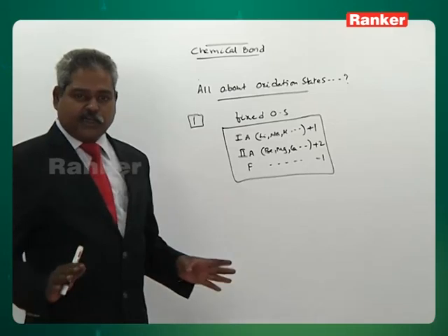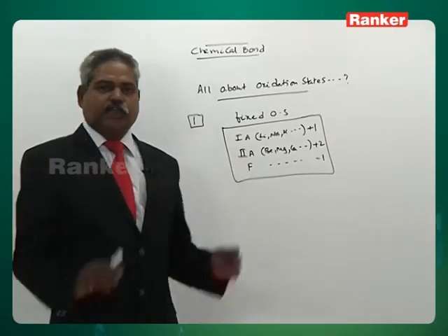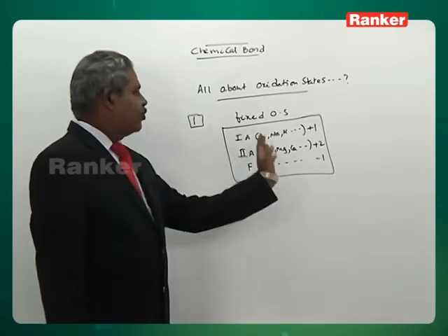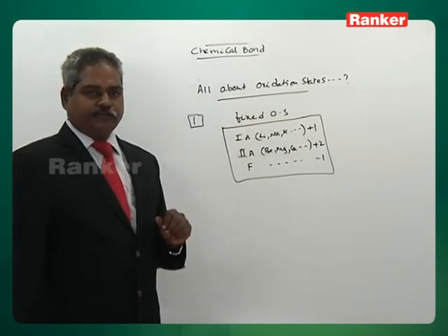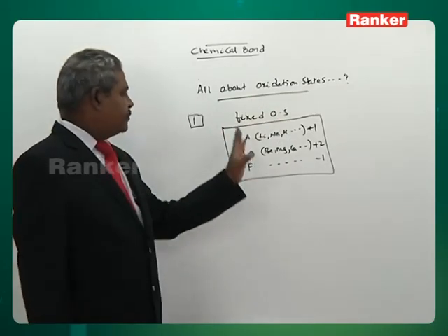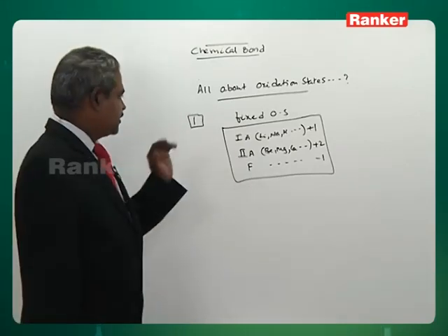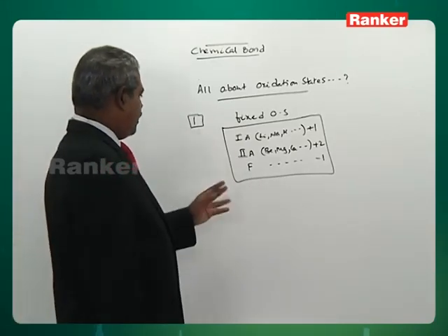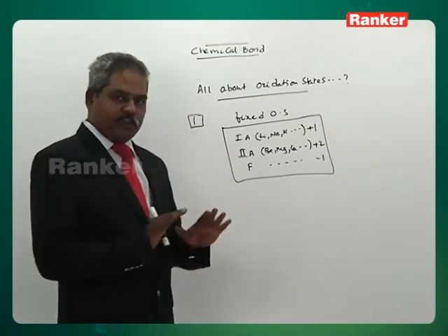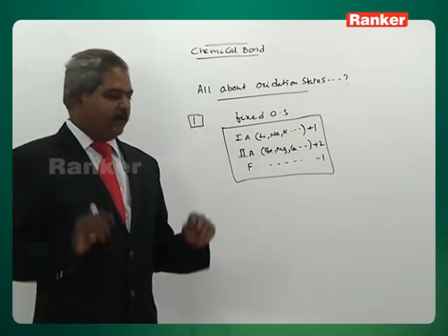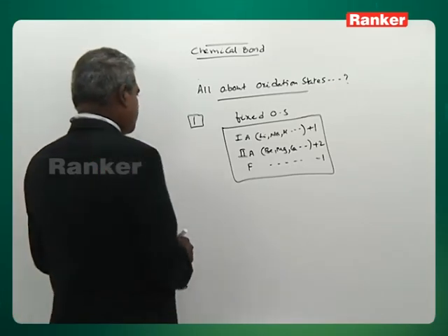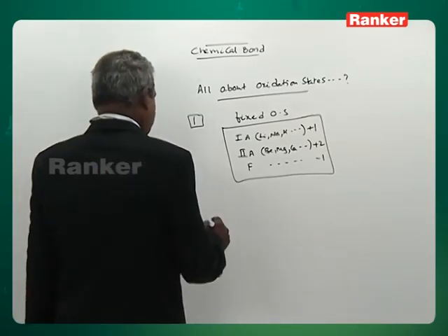First, realize that certain elements have fixed oxidation states, whereas certain elements don't. It's enough if you know that certain elements have fixed oxidation states, certain elements will not. 1A, 2A, fluorine, and a few others. Don't make this list too long, that is a warning here. Now, this is the first rule. Second,